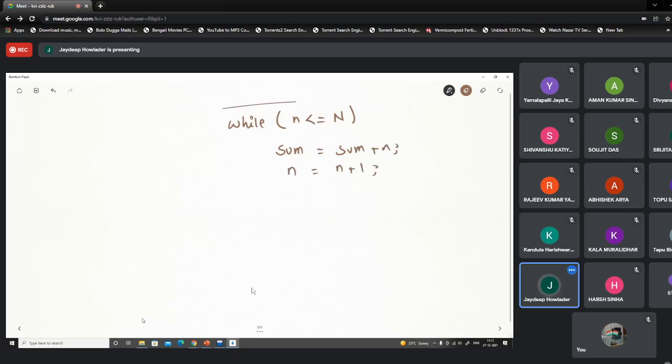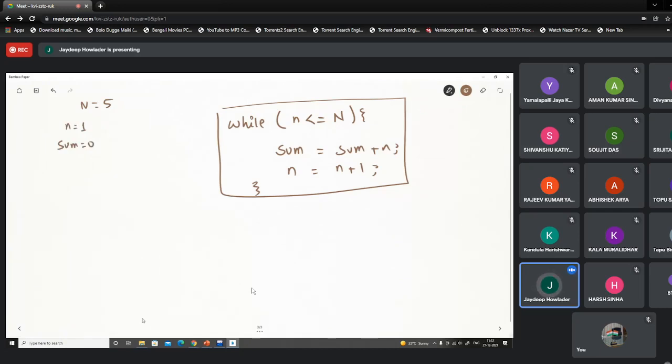So this is my kernel, or the core of the solution. It means if I can design this block, this while loop, then my problem is basically solved. Okay. N equals 5, and we initialize small n equals 1, sum equals 0.